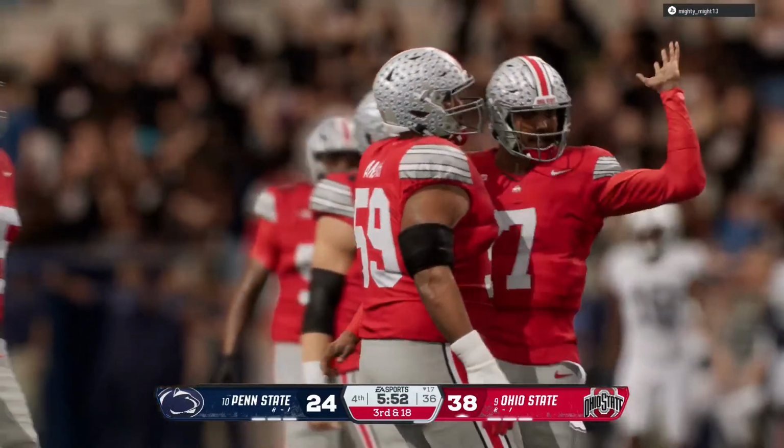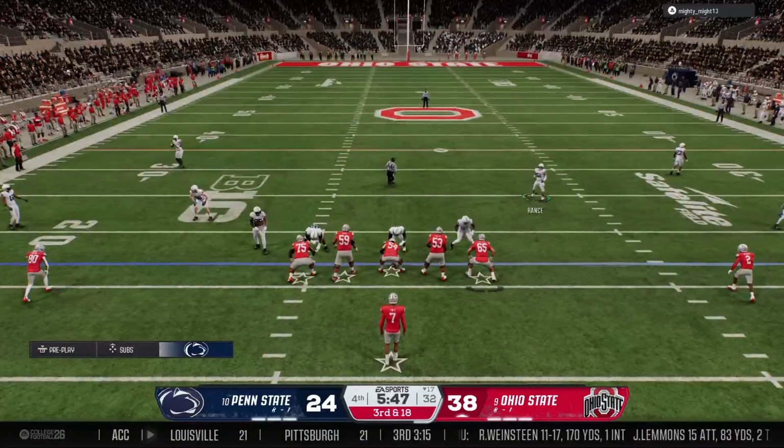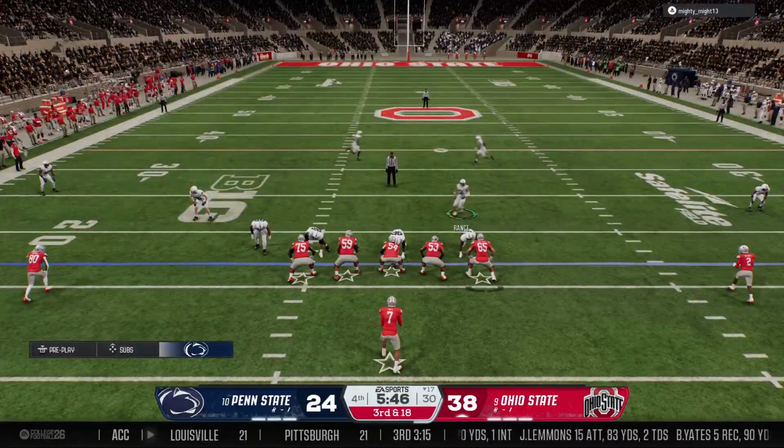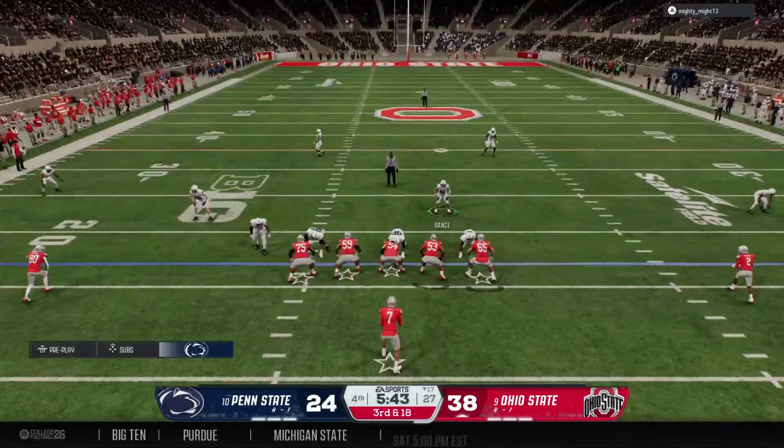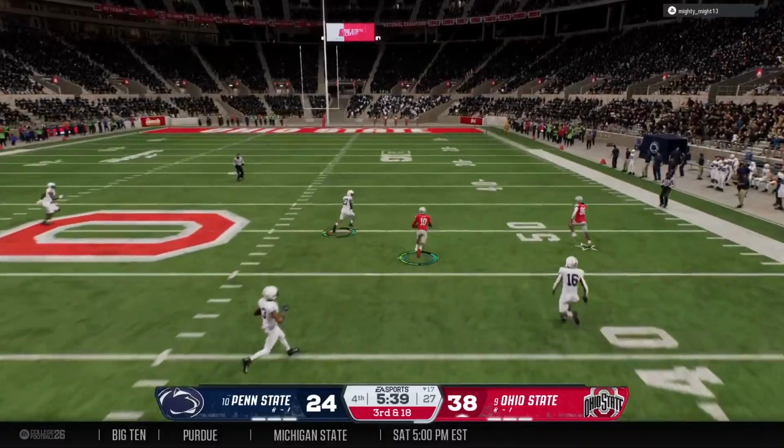Well, a big key for this defense coming into this game was, could they impact this guy when he drops back to pass? We all know he's one of the fastest quarterbacks in all of college football. They weren't sure, honestly, if they were even going to be able to get him to the ground. They just wanted him to...